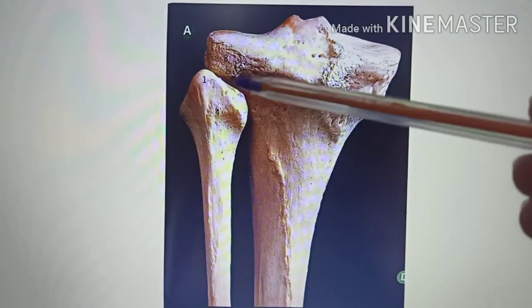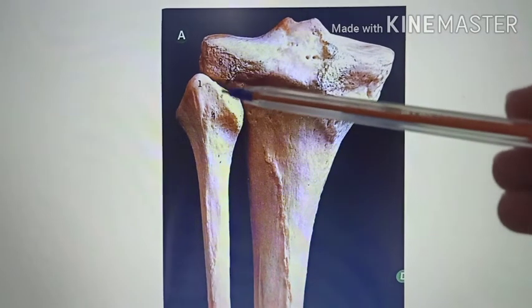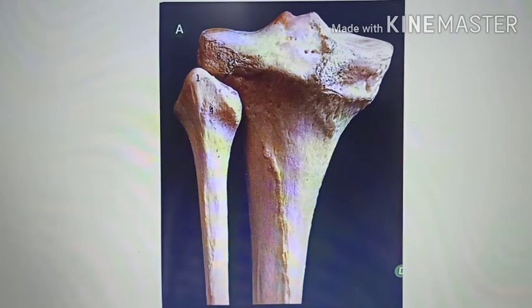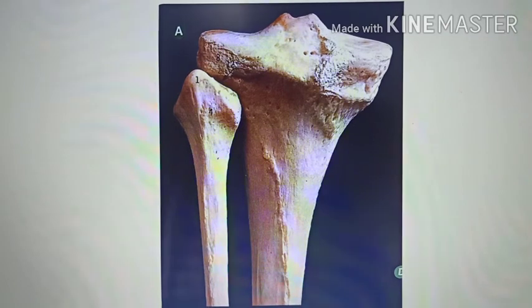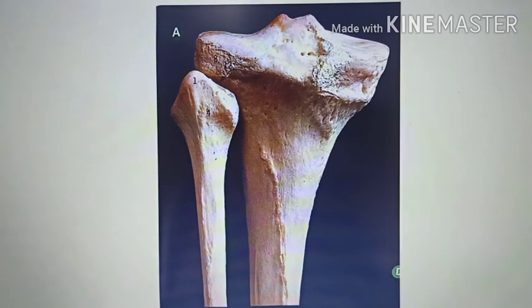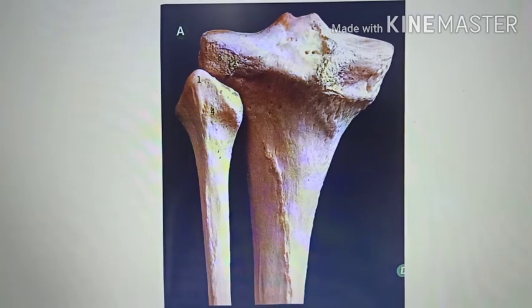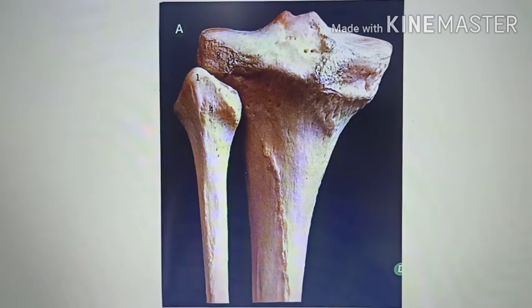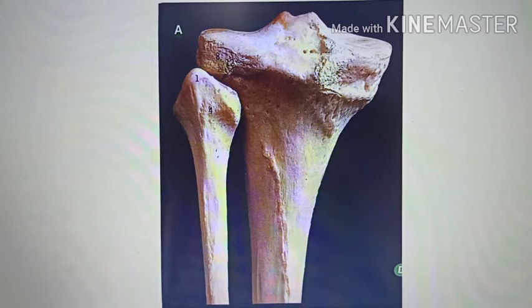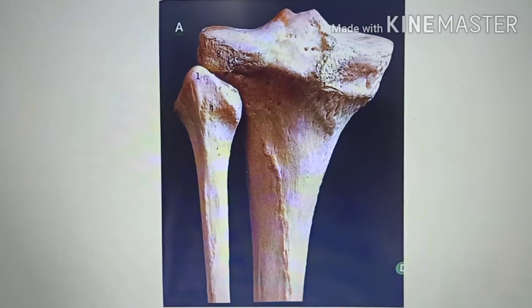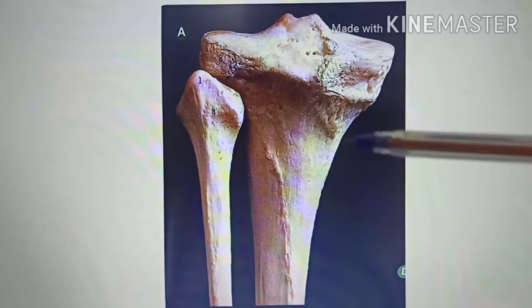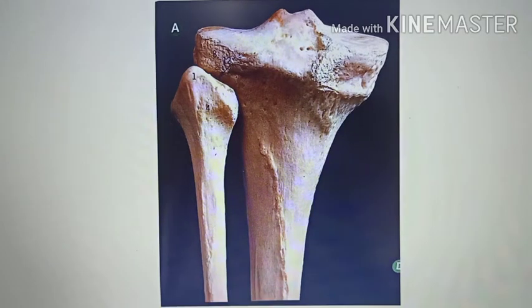This joint, that is the superior tibiofibular joint, permits some gliding or rotatory movements during dorsiflexion of the foot. It helps in adjustment of the lateral malleolus during movements of the ankle joint. So those things you are not able to see in this picture.